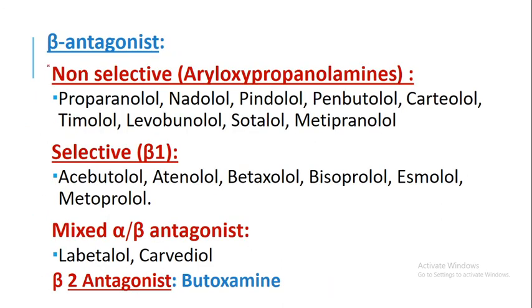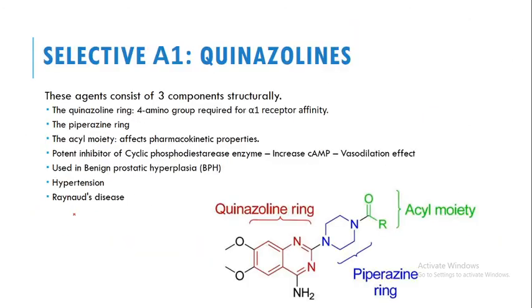In beta, again non-selective, or you can say aryloxypropanolamine derivatives, and selective beta 1 blockers. This is called mixed alpha and beta antagonist. So labetalol and carvedilol are very important, having mixed alpha as well as beta antagonist properties, and butoxamine is a beta 2 receptor antagonist. So in this way, this chapter is very